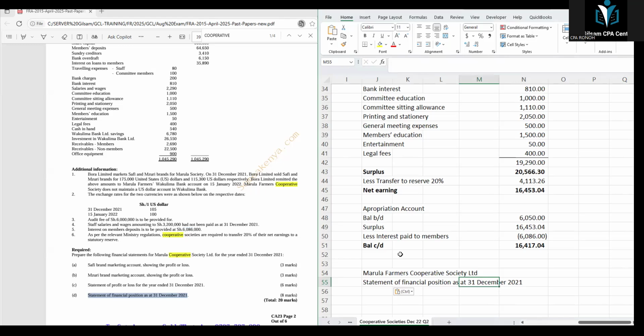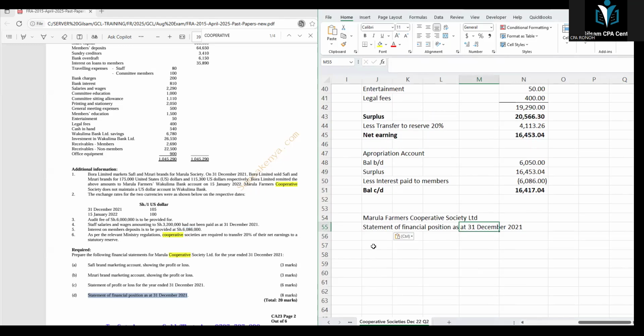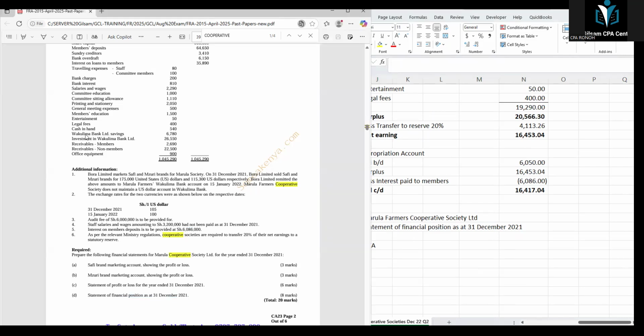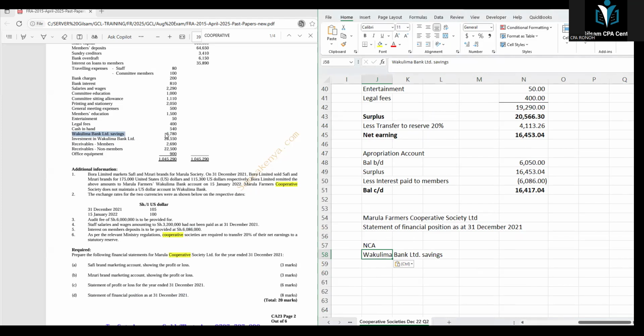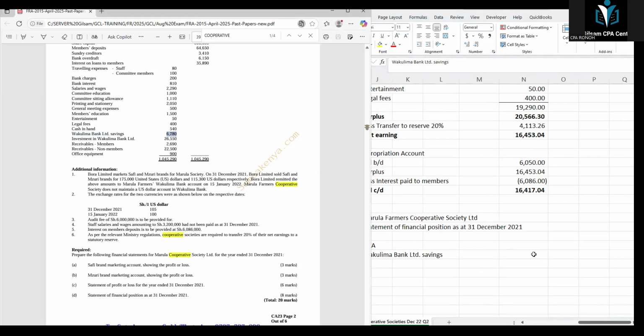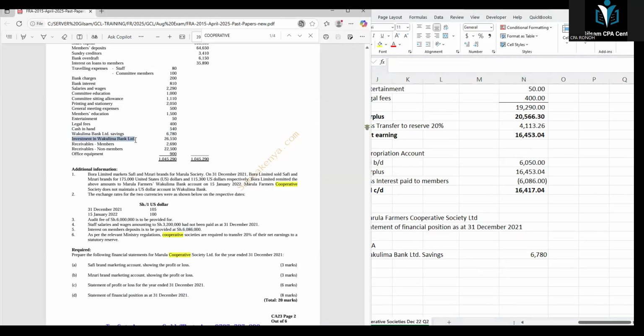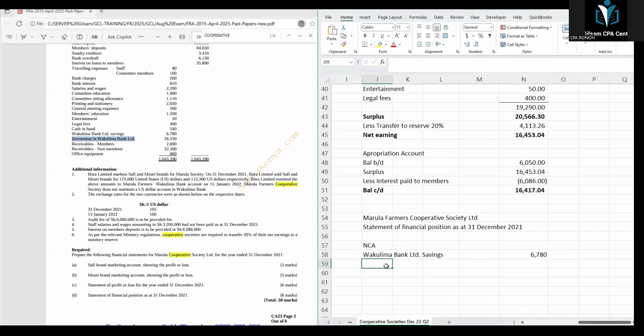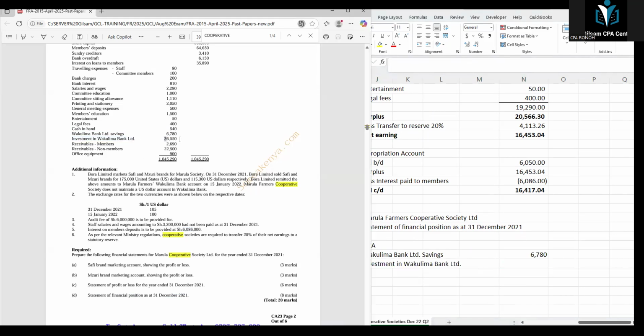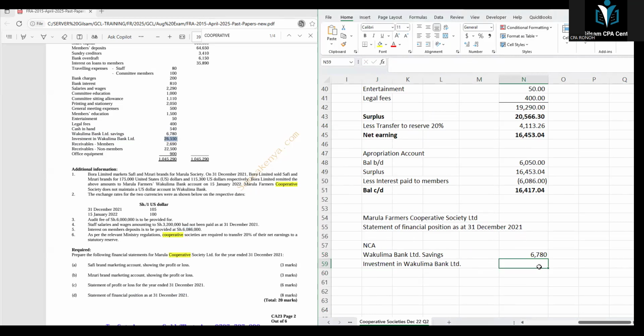So we start with the non-current assets. What is our non-current asset? We have been given here Wakulima bank savings, that is 67. We have investment in Wakulima again, that is 26. That one we have receivable, that is not